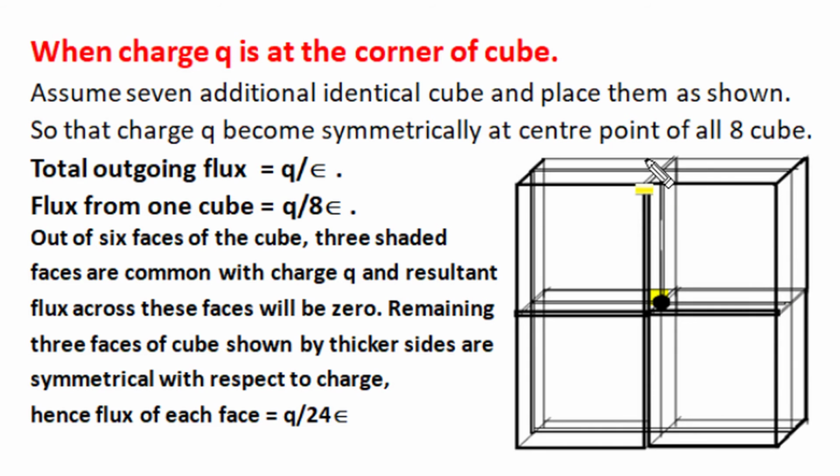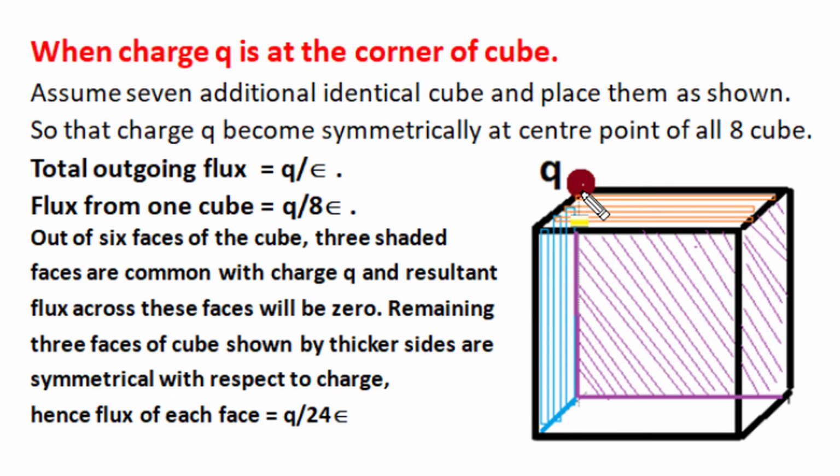So the total flux across these 8 cube surfaces is q upon epsilon, and the flux from one cube would become 1/8 of the total, q upon 8 epsilon. So when a charge is placed at one corner of a cube, the total amount of flux across this cube is q upon 8 epsilon. And now if we analyze this position of the charge, then on these 3 shaded faces, E